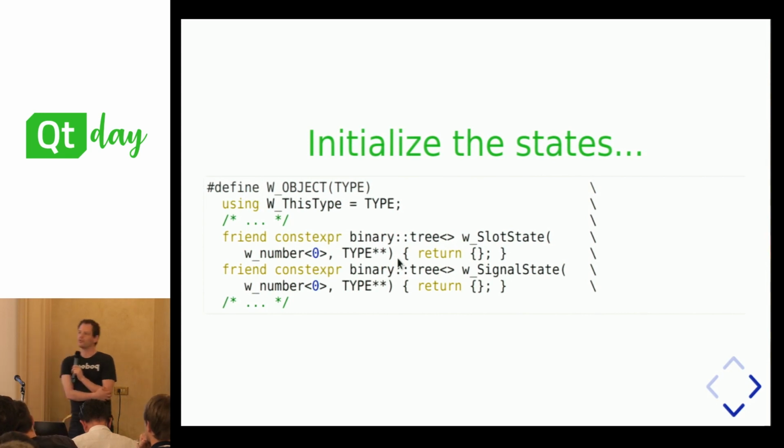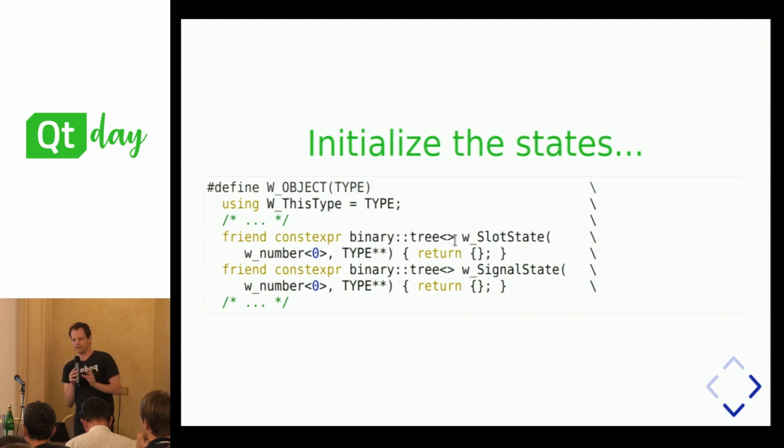So the WObject macro will initialize those states. The state is represented in a friend constexpr function. It could have been a static function too, but there was a bug with one of the compilers, so the static function didn't work, but the friend function worked. The WObject macro will initialize the slot states, the signal states, property states, class info states, all the states will be initialized, and those functions return